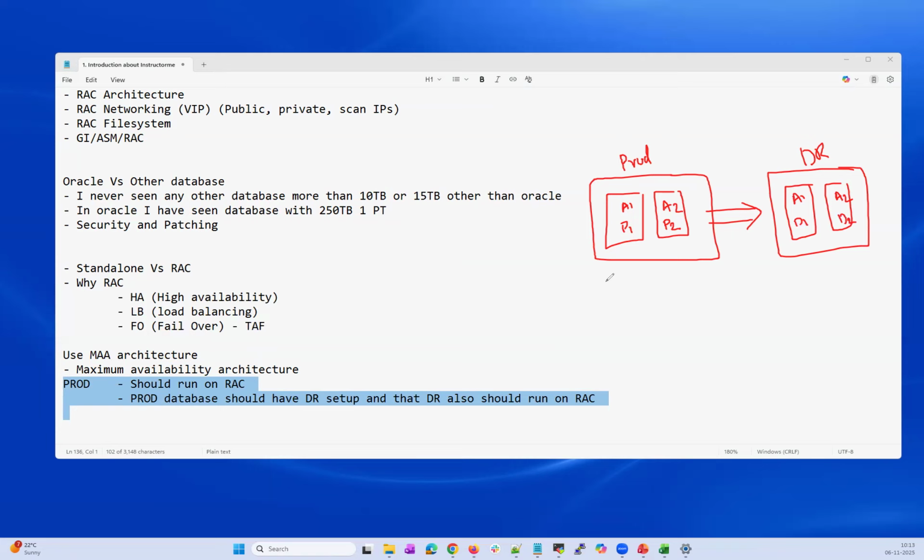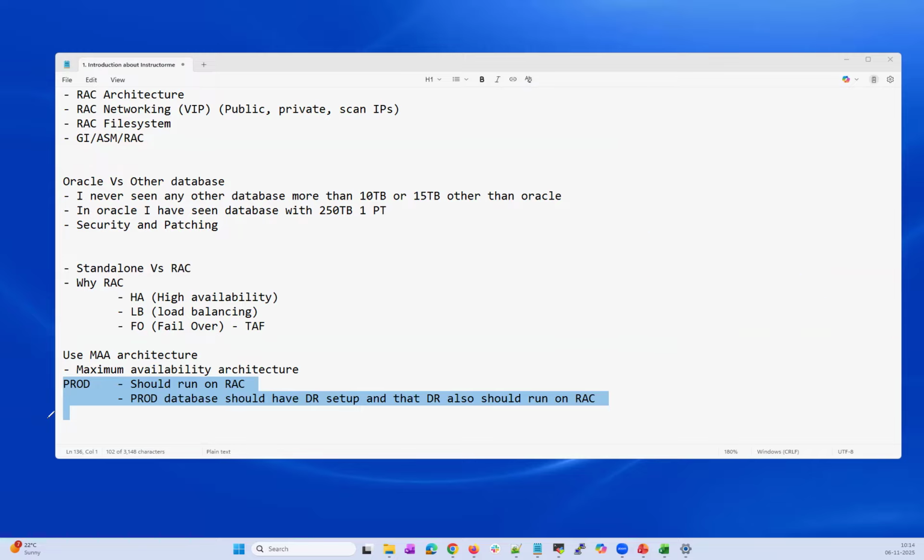So that is your actual Oracle best practice. Run your production database on a RAC cluster, and run your DR or standby database on a RAC cluster, so that whenever this is the production and this is the standby, log shipping will happen from prod to standby. Later, when you do a switchover and this becomes prod and this becomes standby, the log shipping will happen from this prod to this standby. Because of this architecture, Oracle itself suggests: run your production workload using a RAC cluster, not standalone. Standalone you can use for your development, test, and UAT.